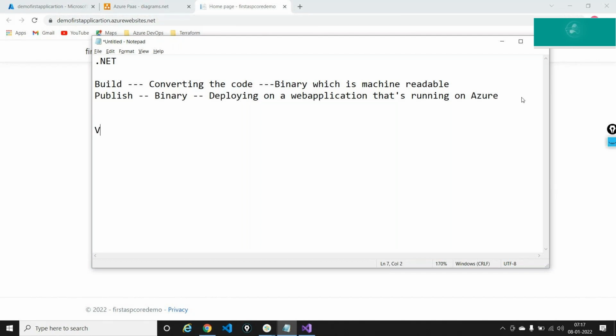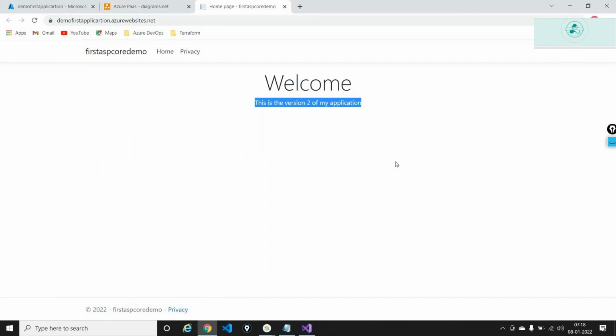So we went to version 2 and we said, okay, fine, the code is good. We tested it locally and we have taken the code to the web app that is running in Azure. This is what we did. Now, after doing this, a lot of users are facing issues even with booking cabs. So each and every minute, I'm losing some users, essentially losing business. I'm losing a lot of money.